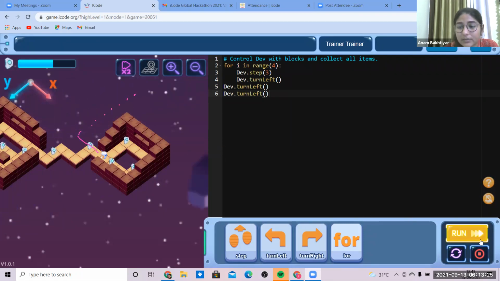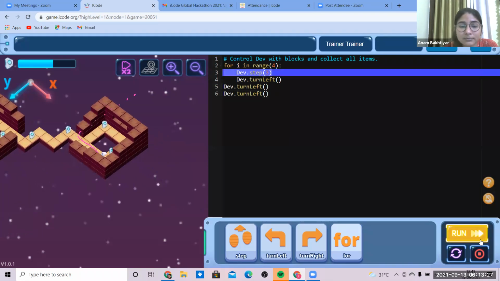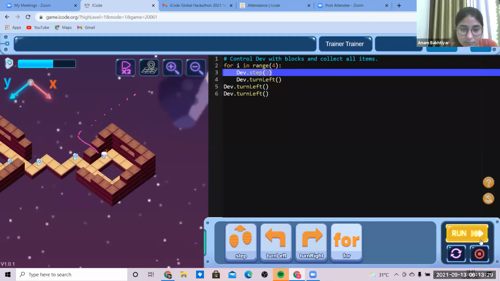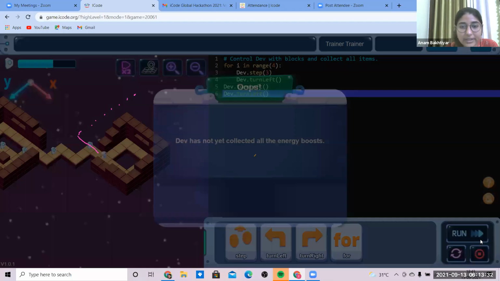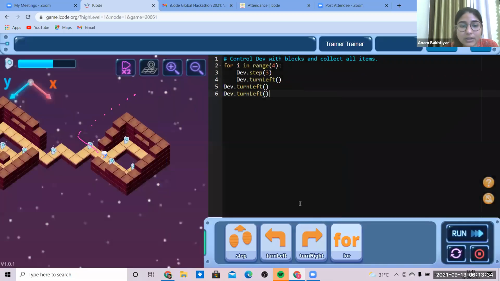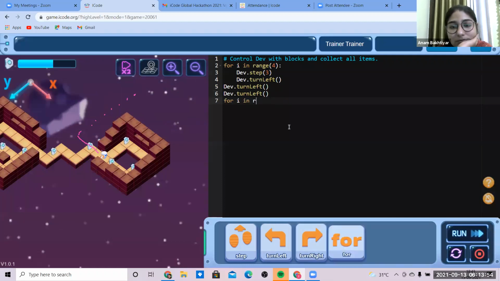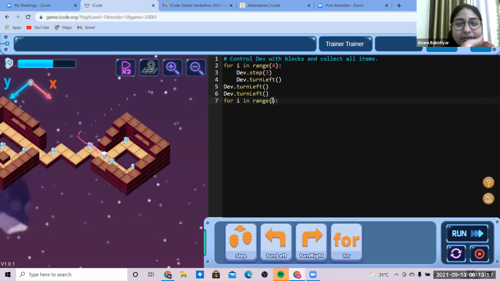Okay, I'll explain it, don't worry. Now it has to move 2 steps forward. So now it has to move, see, 2 steps forward, then it has to turn left, 2 steps forward, then it has to turn left. So 1 time it has to do this, 2 times, 3 times, 4 times, and 5 times. So let's go for one more loop condition. I'm just going for 5 right now.